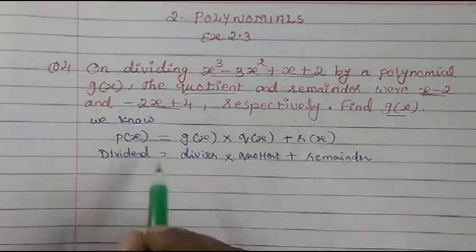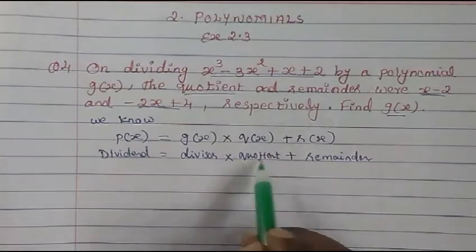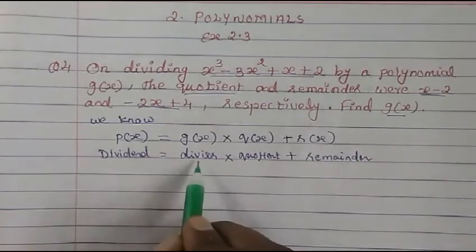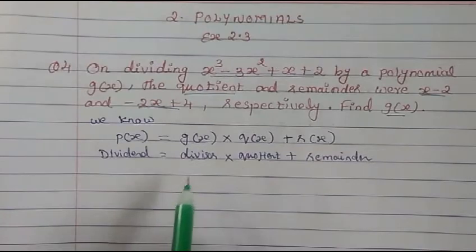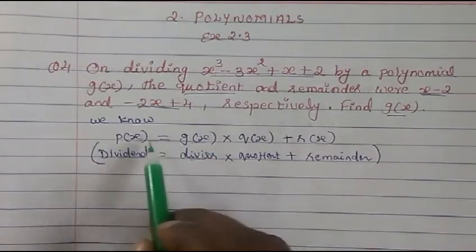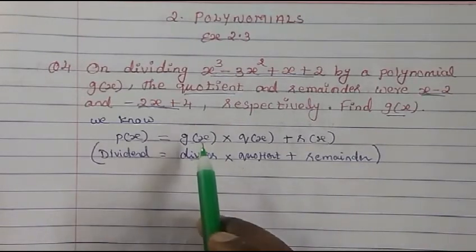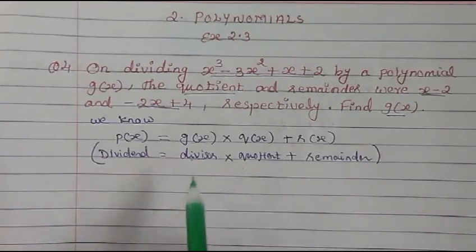This you know already. So what are the things? We have p of x, we know q of x, that is quotient, we know the dividend, we know the remainder. So what we have to find out? We have to find out the divisor, that is g of x. So normally when we want to find out one value and all other values are given, what we do? We keep the value that we have to find out on one side, rest we bring to the other side. So many times we have done that. Same rule only we have to apply here.